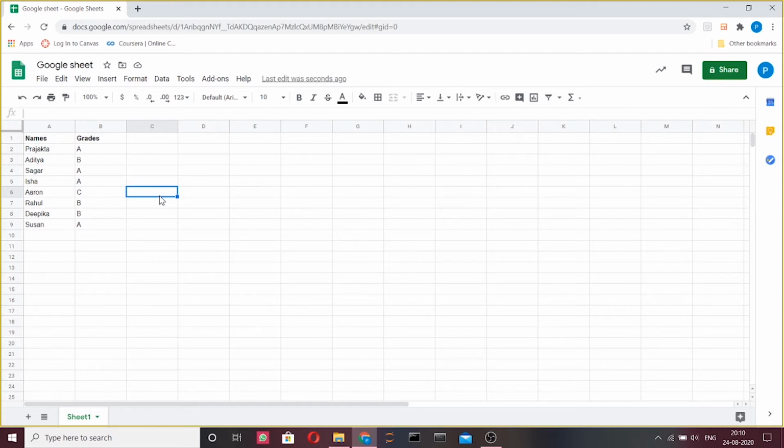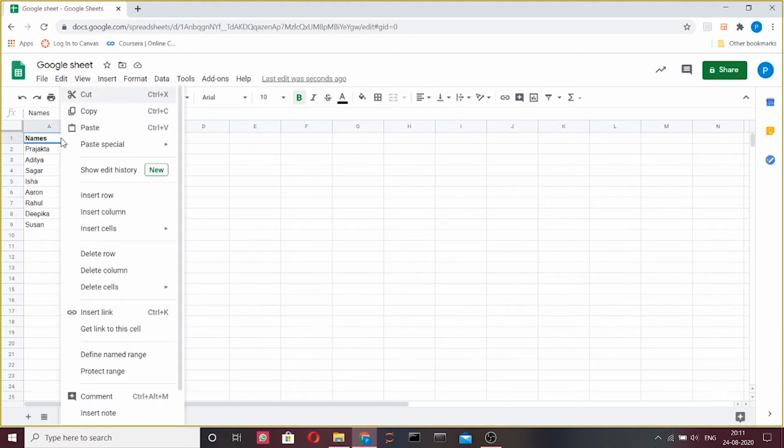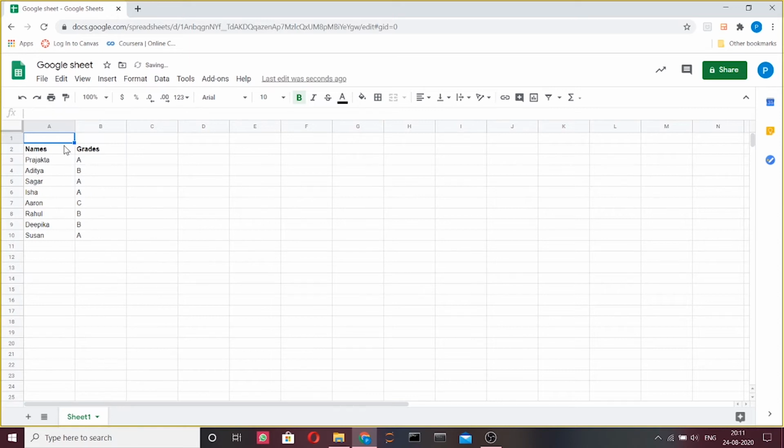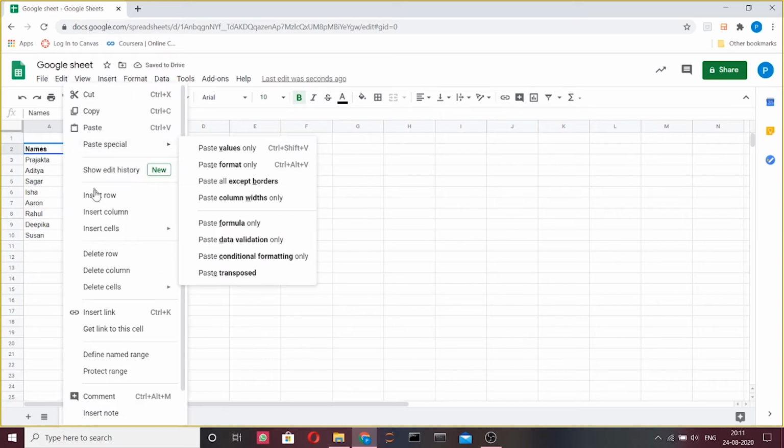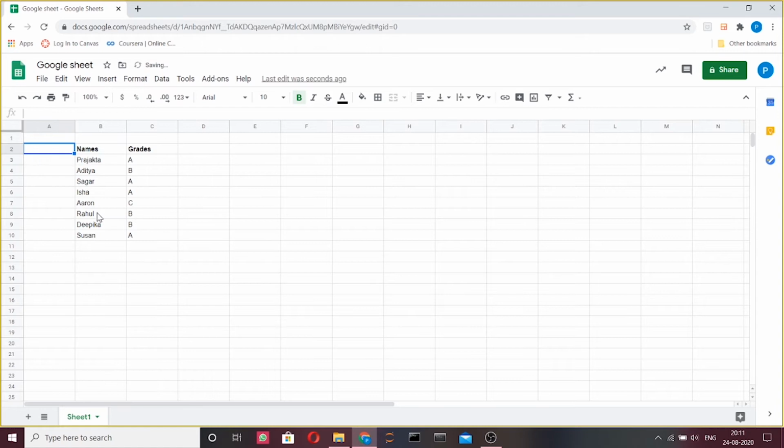To insert a row or column, we simply click on the adjacent cell and select Insert Row or Insert Column. As you can see, by default, Google Sheets inserts the row above the selected cell and inserts a column on the left of the selected cell.